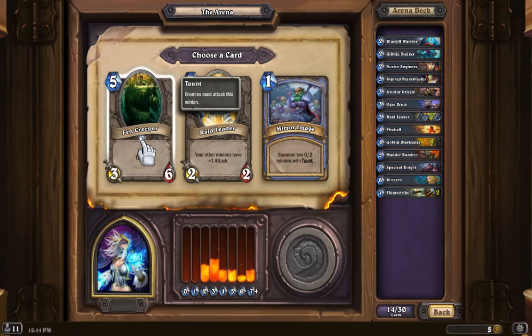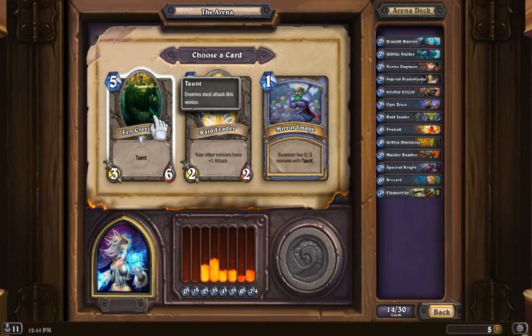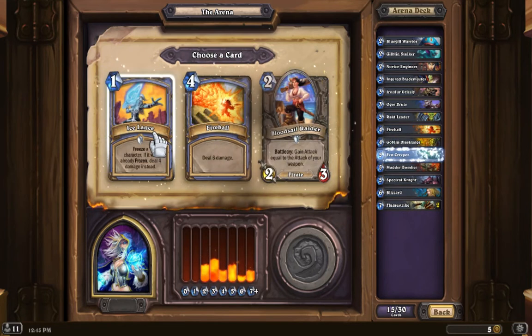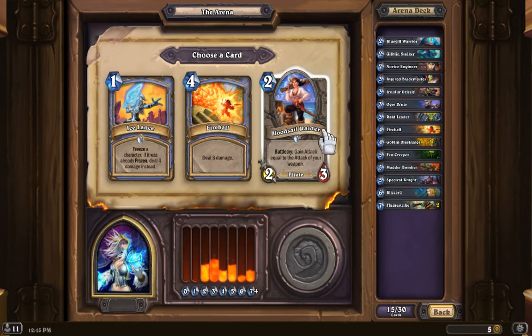Okay, this is an easy pick. These two, I talked about why they're bad. Fen Creeper is a rather average 5-drop. It's nice to have taunts, though, in a deck, especially when the meta can be a little bit fast, especially in your first matches. So, it's a nice card to have. Fireball, again, over the